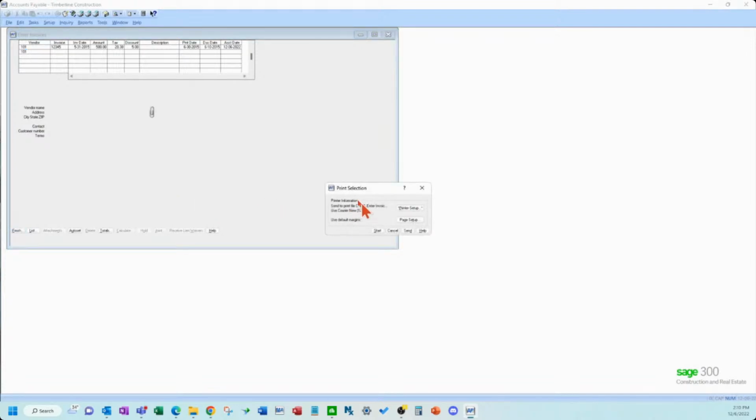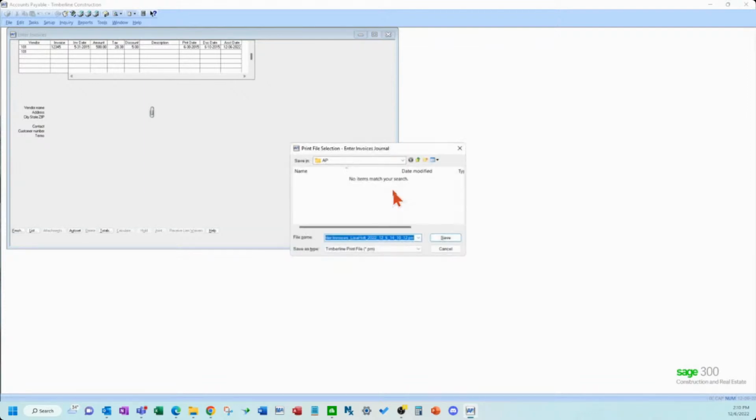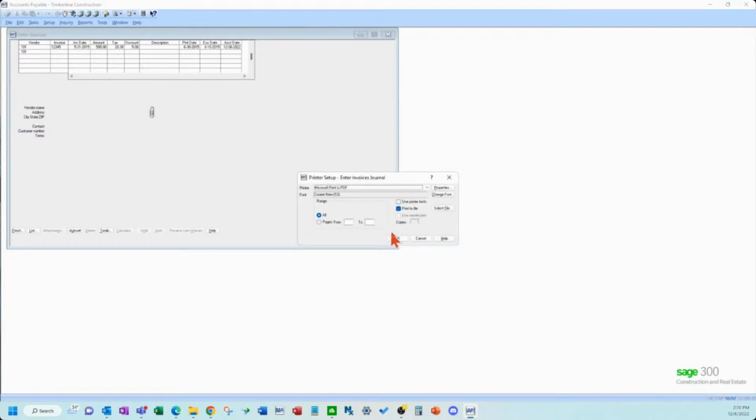you can see that my printer information here automatically is sending it to the print file, based on how those settings were set up. So you can preview it here, but you can see it's going into my AP folder, and it's AP, enter invoices, my name, today's date and time. Okay, so you don't even have to go into it